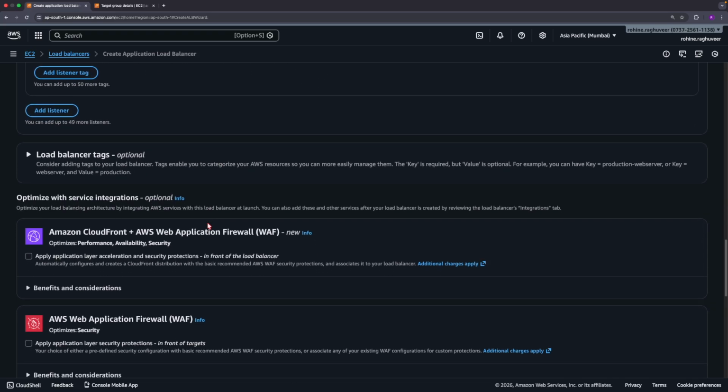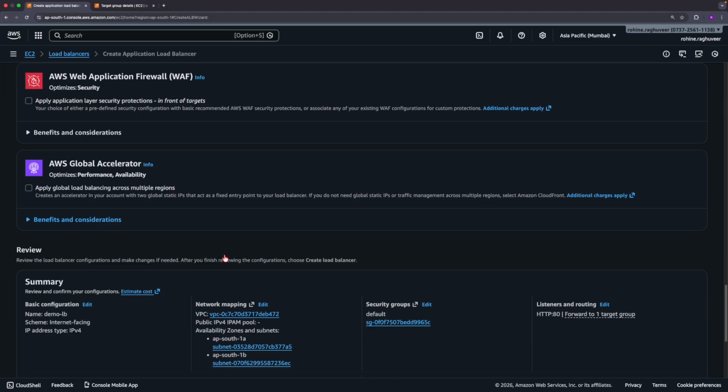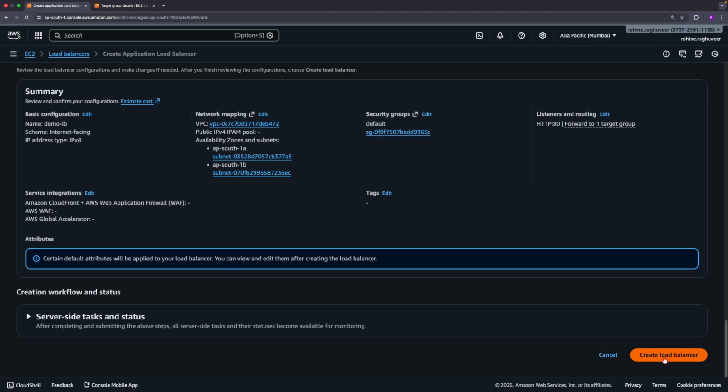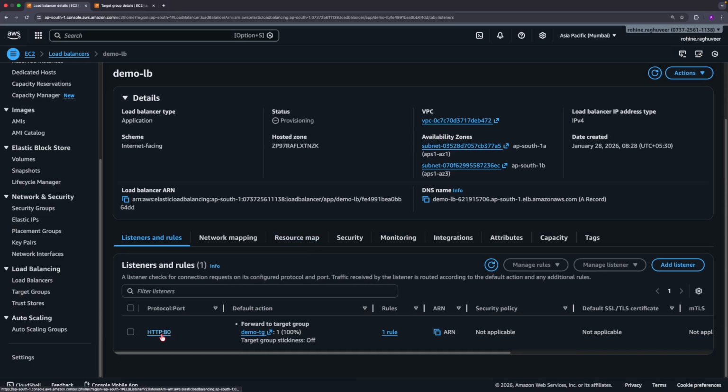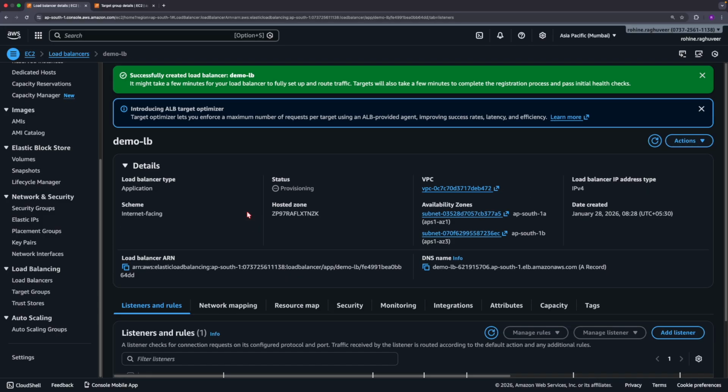So let's keep everything else as default and not make any change. You can just create the load balancer. Okay, so now we are good with the load balancer that will be listening on the default HTTP port, that is port 80. So we don't need to add anything, and it will be forwarding that to this target group under which we have our three instances. So now we are good with creating the load balancer. It is currently provisioning. So now we'll just go back to our instances,